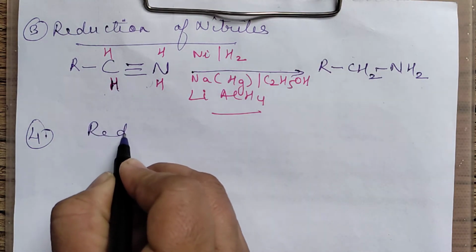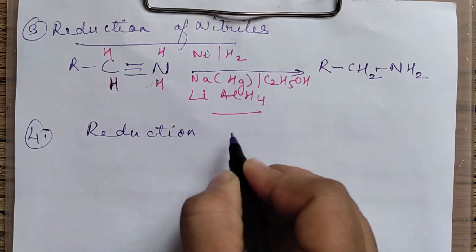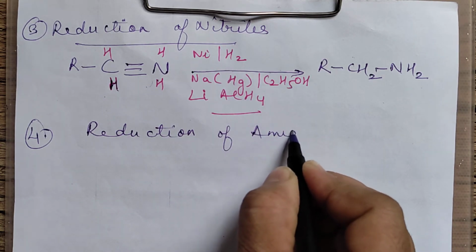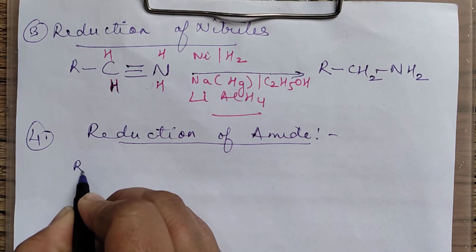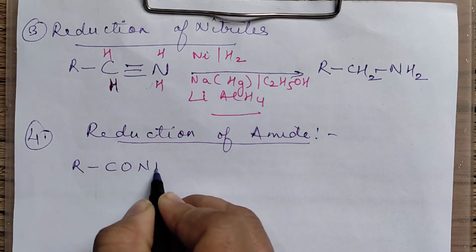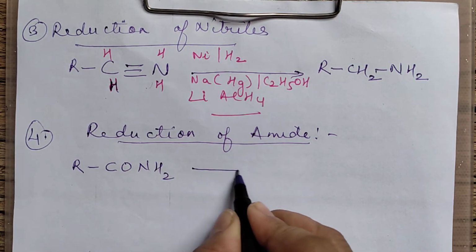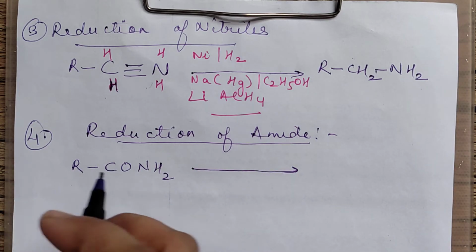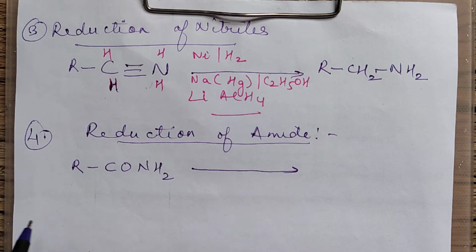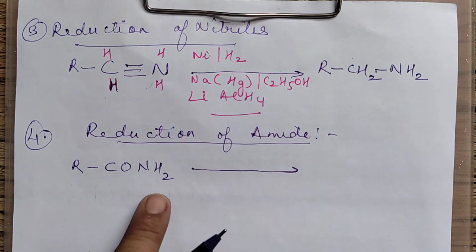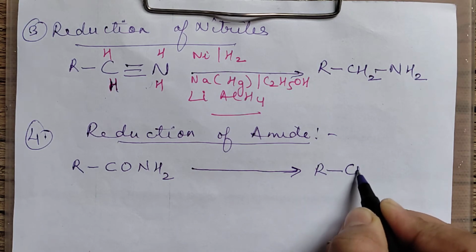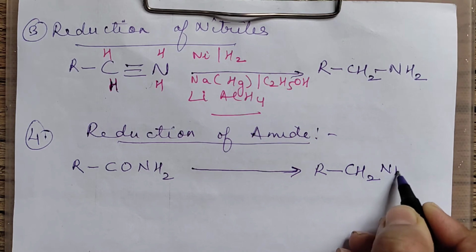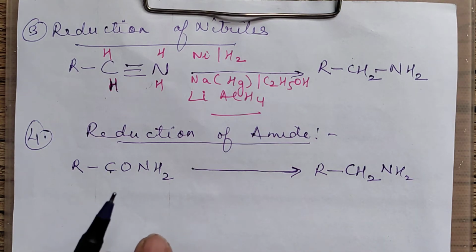The next method is reduction of amides. Now, what do we do in this? You have this R, C, O, N, H2, amide. So again, all I said right from the beginning, which we have studied: from nitro you can prepare amine, that is reduction. This one, nitrile, reduction, amide, reduction. So what you are preparing is amine with the same number of carbon atoms. Same number of carbon atoms means this carbon will not go away, it will be remaining here.